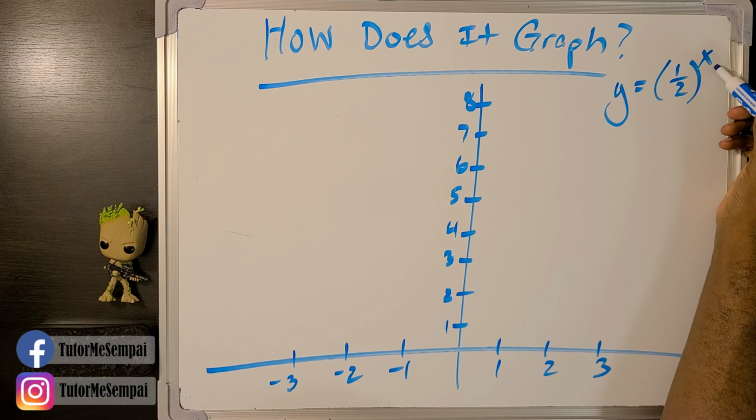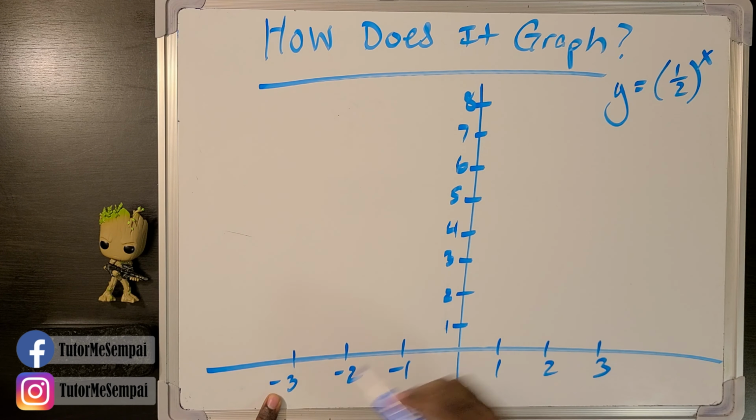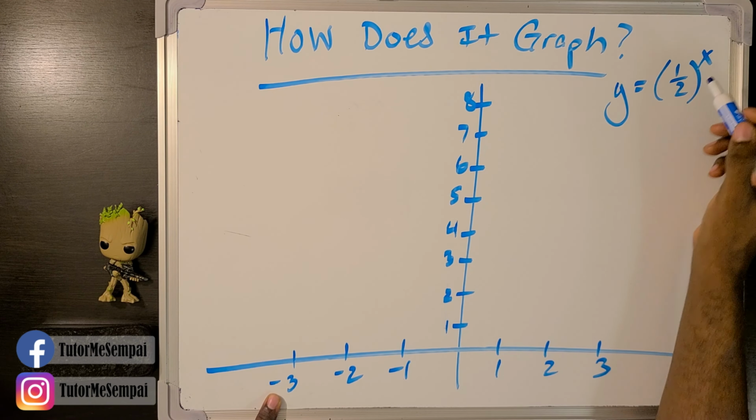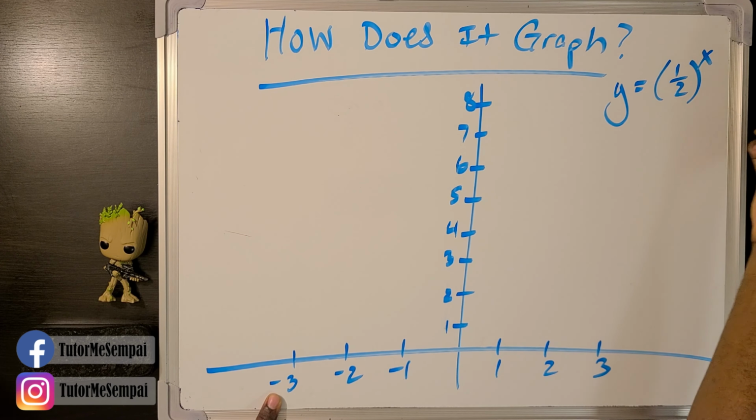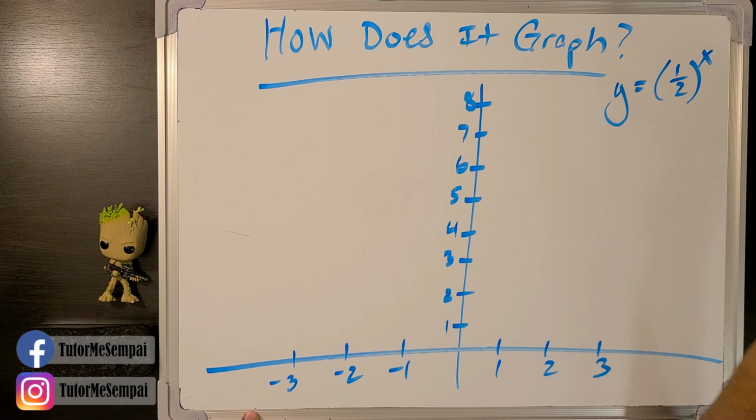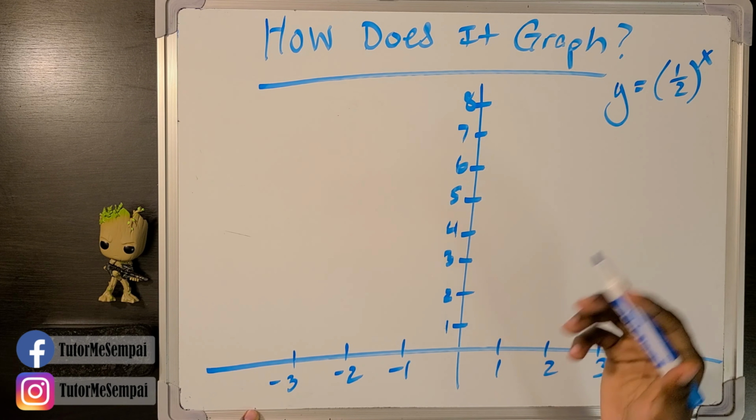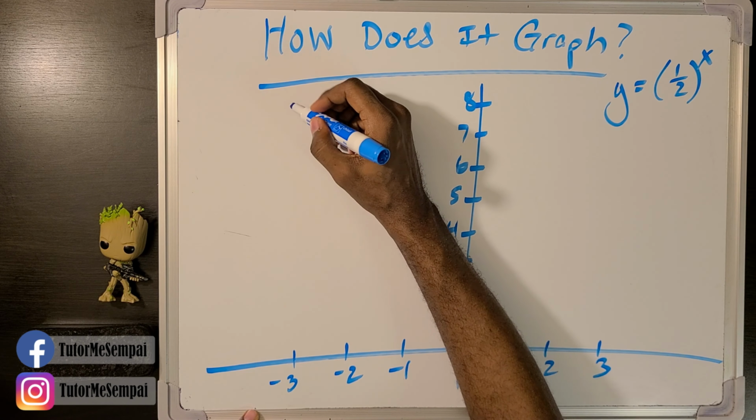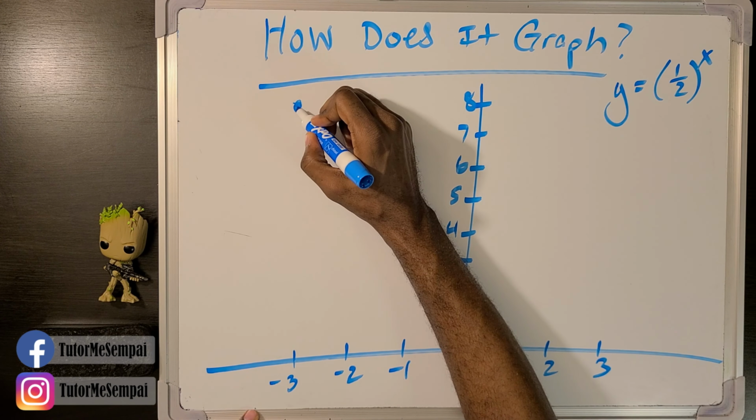So let's plug in some values for this x. So -3, when we plug in this -3, we're gonna raise 1/2 to the -3rd power. And if you remember what we did in our previous section, that's gonna flip this and you're gonna get a value of 2 to the 3rd power, which is just gonna give us an 8. So you see, I needed something all the way up here,